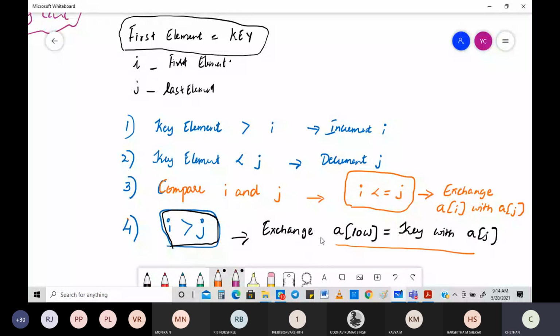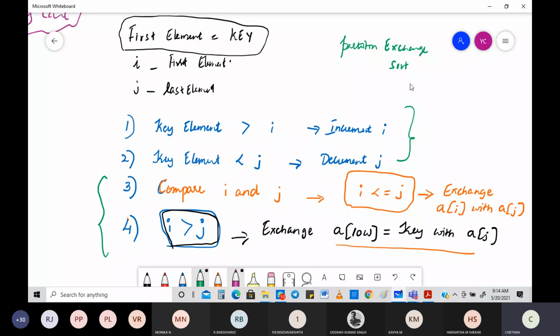Now you can see the most important part that is happening right here. You got your incrementation and decrementation, and you got your two exchanges. That's why you call this partition exchange sort. Some people in the exam may give it like this, just to confuse you. Then you will be wondering, I studied quick sort, why is it not there in the exam? That should not happen. You must know that everything is pretty much the same.